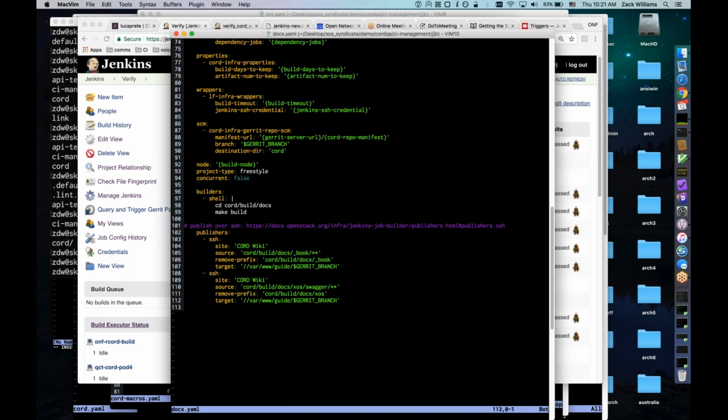Zach, do you know how long it takes for those changes to get overridden? Because I did that a couple times, and they stayed intact. The manual changes I did on a couple of the jobs stayed intact for at least a couple hours. But it looks like there's a cycle where it gets overridden by what's actually in these